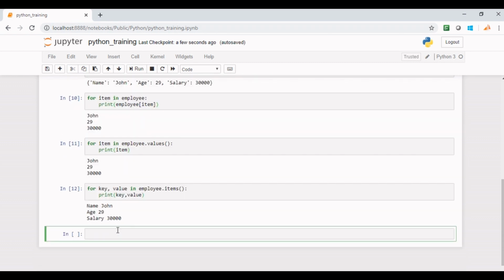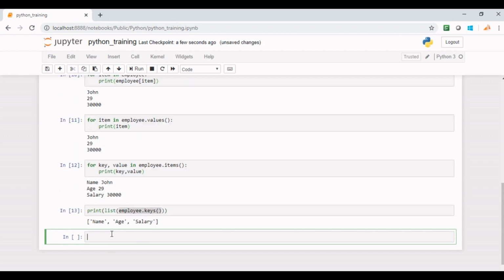If you want to enlist all keys or values separately in a list, you can use built-in Python functions like this. Here, this piece of code will give you all the keys present in the dictionary in a dictionary key format, which you will have to convert into a list using list function.